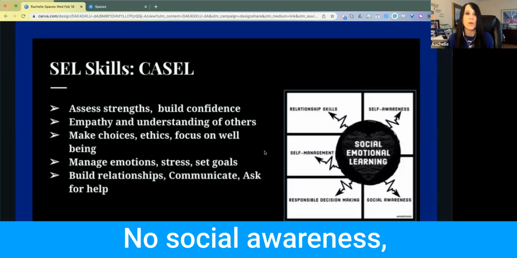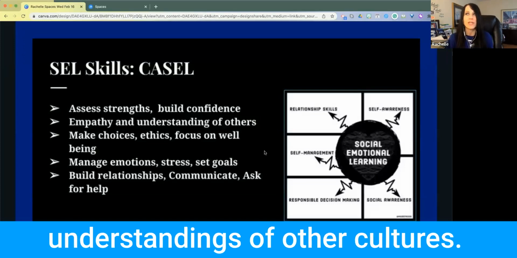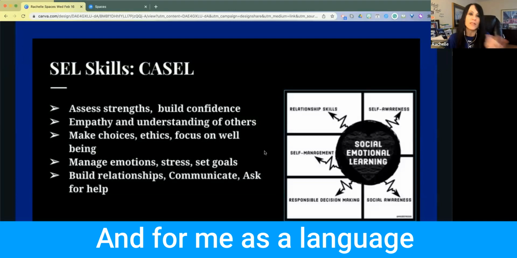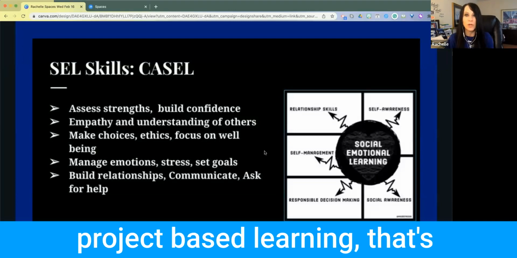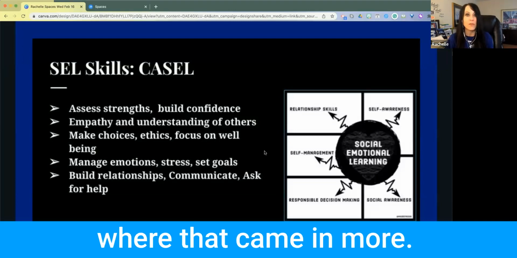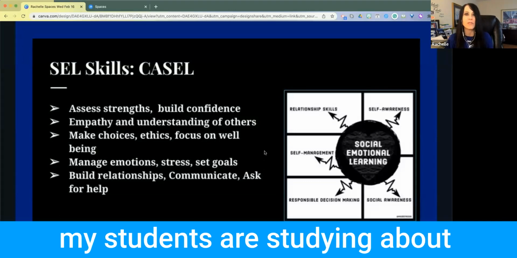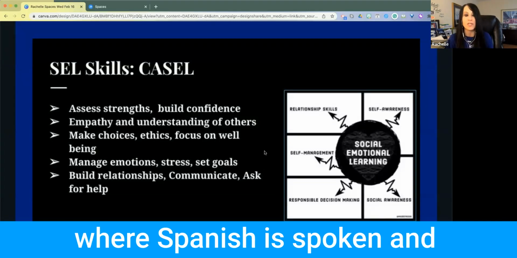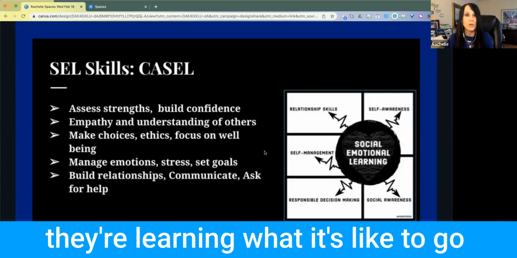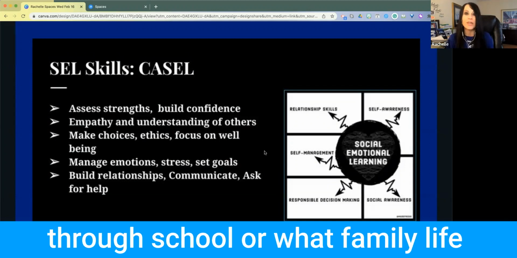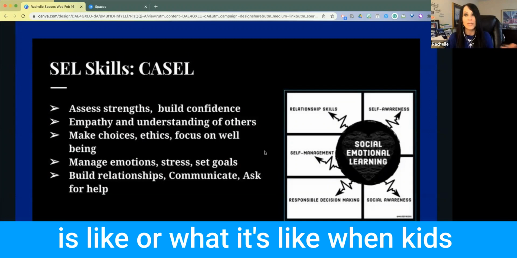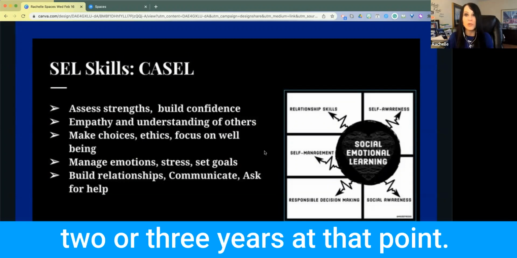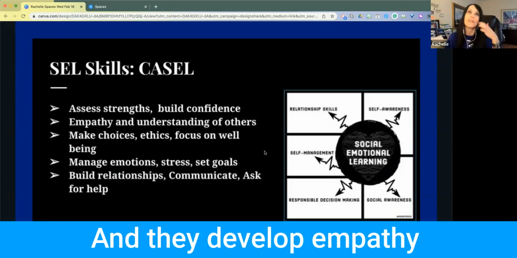And then social awareness, developing those understandings of other cultures. For me as a language teacher, when I started to do project-based learning, that's where that came in more. I have the benefit that my students are studying all of these different places where Spanish is spoken, and they're learning what it's like to go through school, or what family life is like, or what it's like when kids their age have been working for 2 or 3 years at that point, and they develop empathy